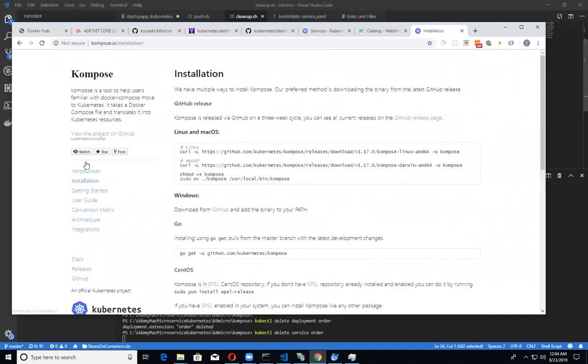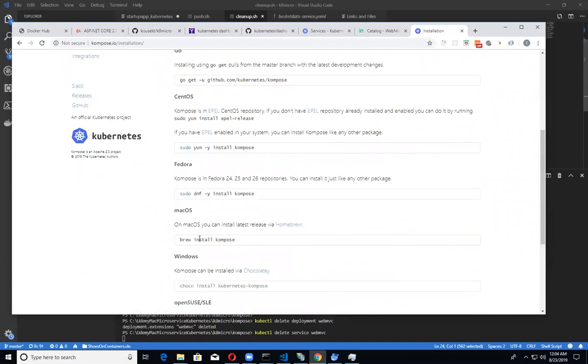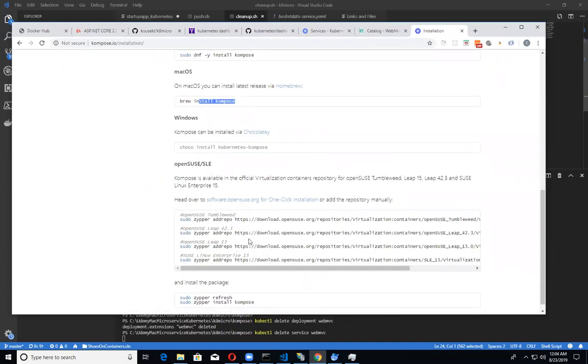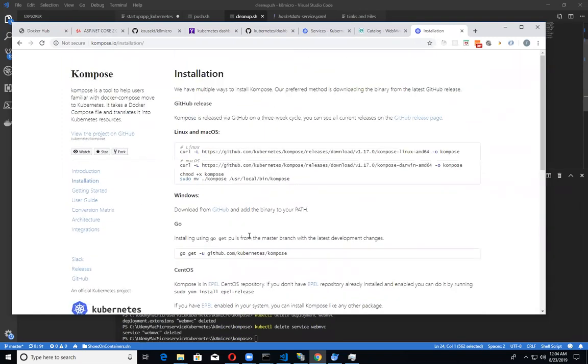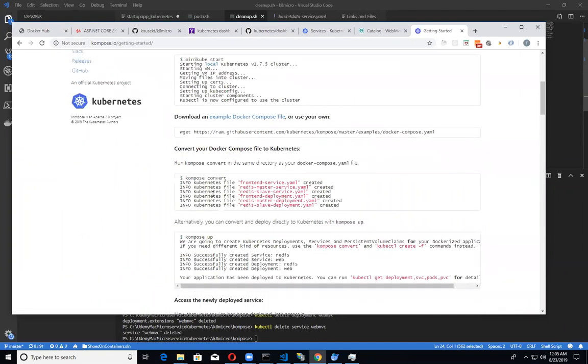Definitely worth a look because it shows you how to do this under Windows basically, and under Mac OS, which is what I did there too. So I went through the Mac OS instructions, and of course, it shows you, there's a nice little getting started right here. This is what I ran. That's at Compose Convert. Also, you have the ability, and I didn't really do it here in this video,